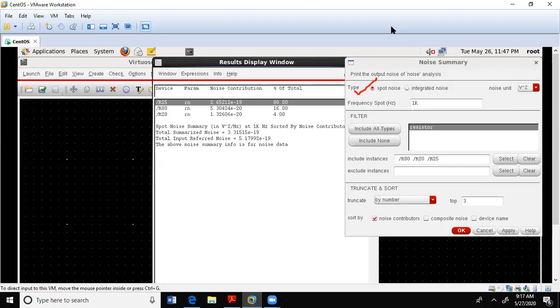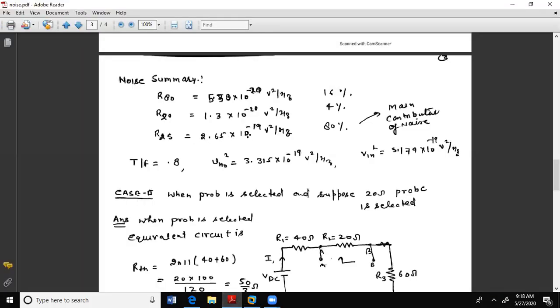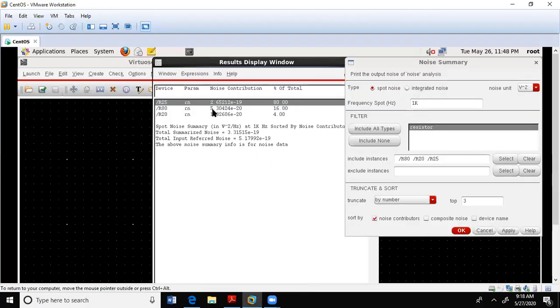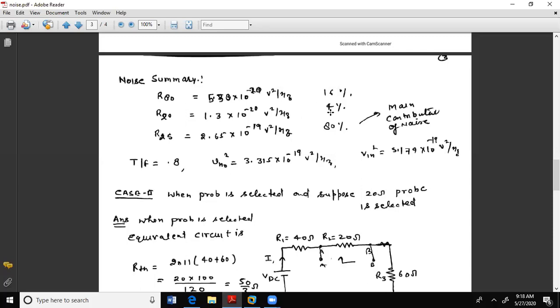The 25 ohm resistance gives 2.65 into 10 to the power minus 19 and 80%, both practically and theoretically. The 20 ohm resistance contributes 4% noise with a value of 1.36, and theoretically 20 ohm is contributing 1.38, also 4%. So it is a perfect match with our theoretical result. See 16, 40 and 80.